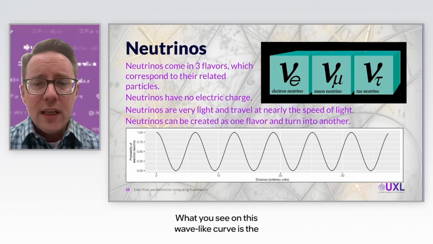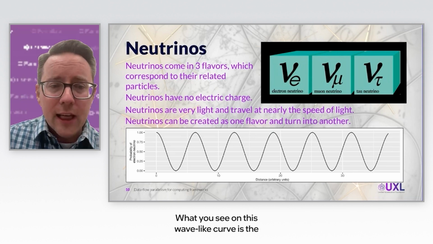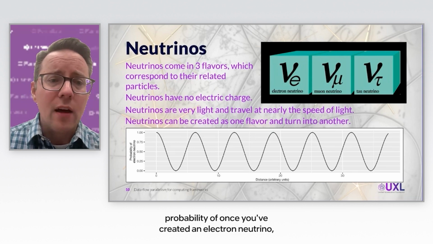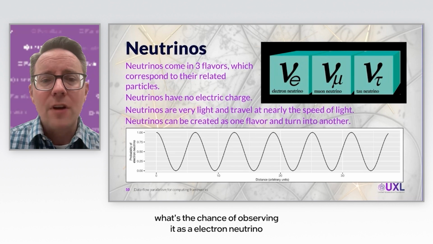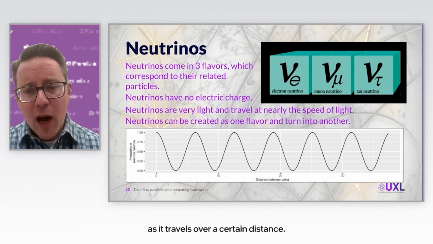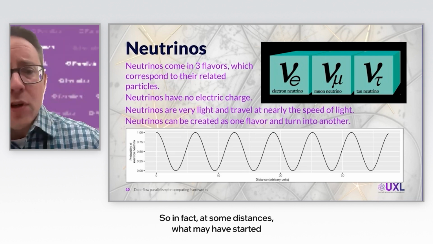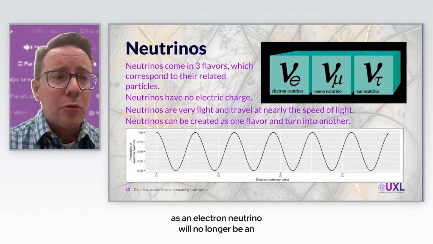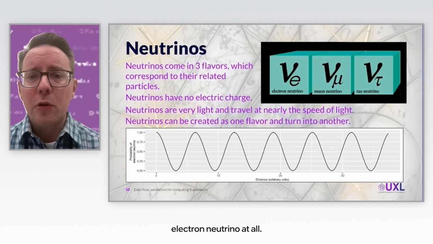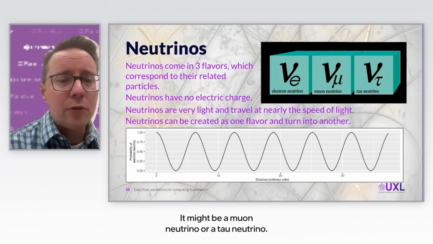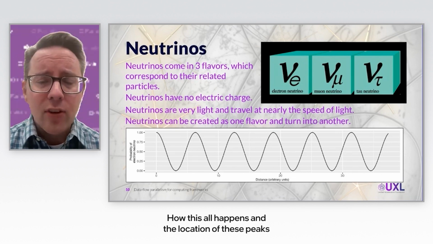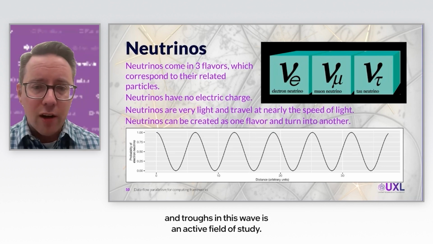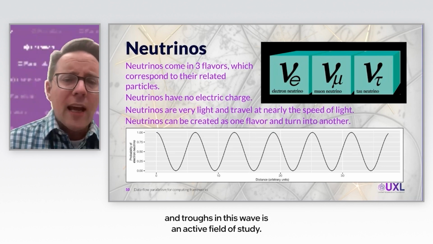flavor. What you see on this wave-like curve is the probability of, once you've created an electron neutrino, what's the chance of observing it as an electron neutrino as it travels over a certain distance. So in fact, at some distances, what may have started as an electron neutrino will no longer be an electron neutrino at all. It might be a muon neutrino or a tau neutrino. How this all happens and the location of these peaks and troughs in this wave is an active field of